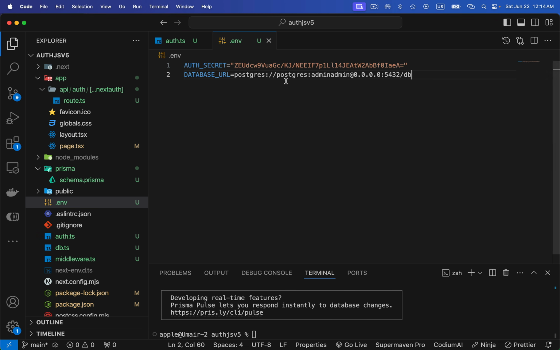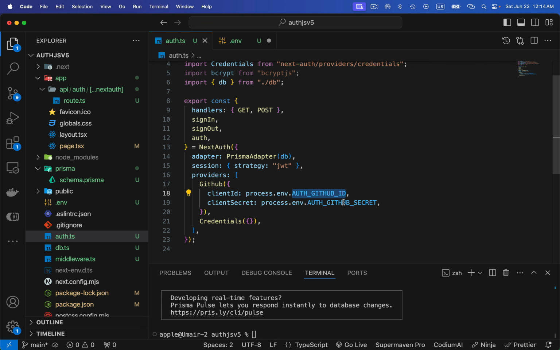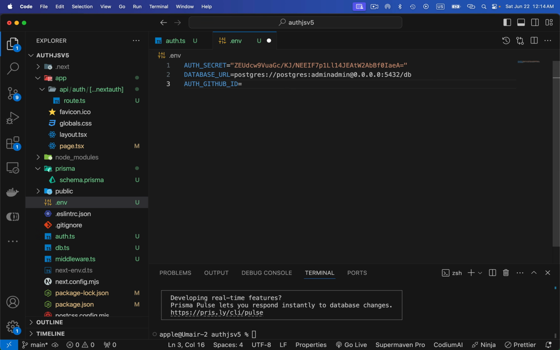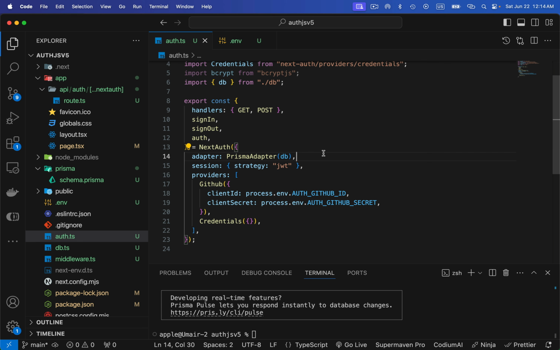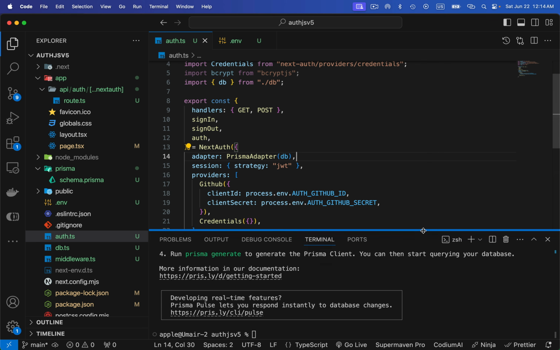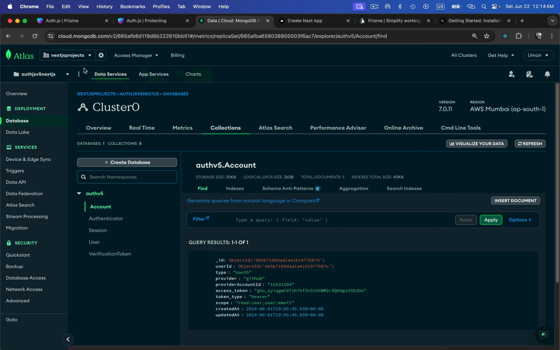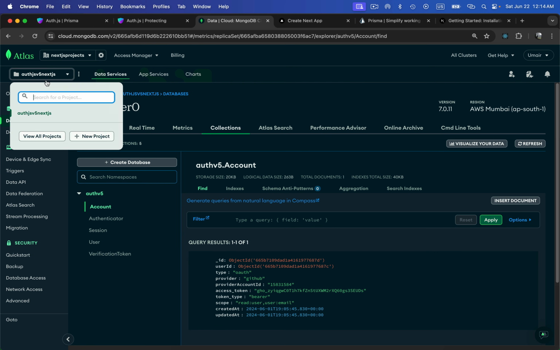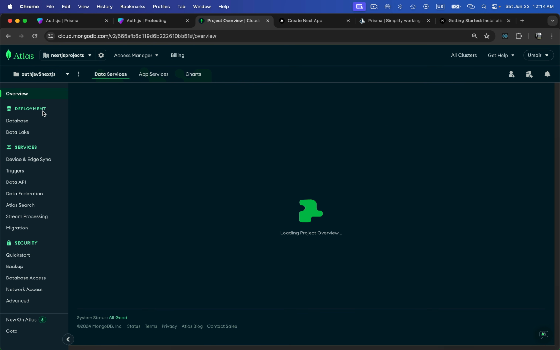Let me quickly add these variables so we don't forget these later on. We need to add this GitHub ID and GitHub secret after creating a new app in our GitHub settings, profile settings. Okay, so now I'm going to go to MongoDB,